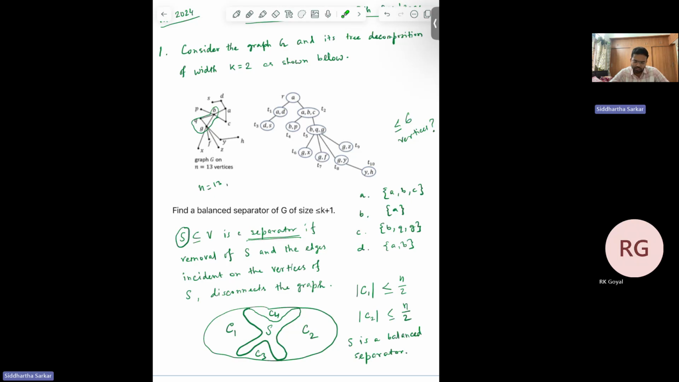I do not know, but this is the tree decomposition based approach to finding the balanced separator. This is fail safe, and it has been proved in the video that a separator of size k plus 1 can be found. Yes, go ahead. So yeah, I found this algorithm